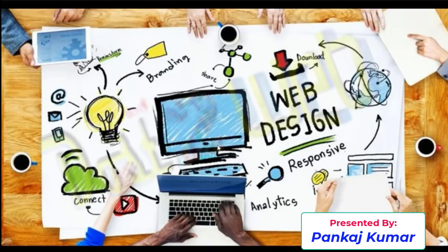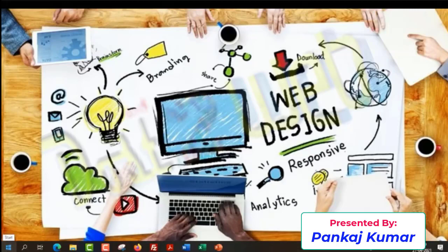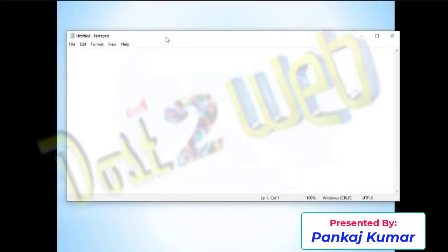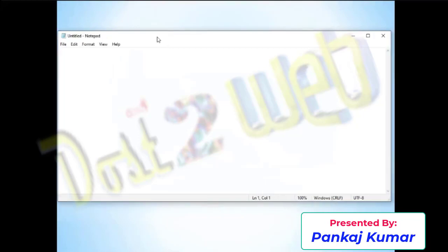If you want the basics from scratch, don't use any software, because everyone has a laptop, and everyone definitely has the software called Notepad, right? You all have this software Notepad, right?